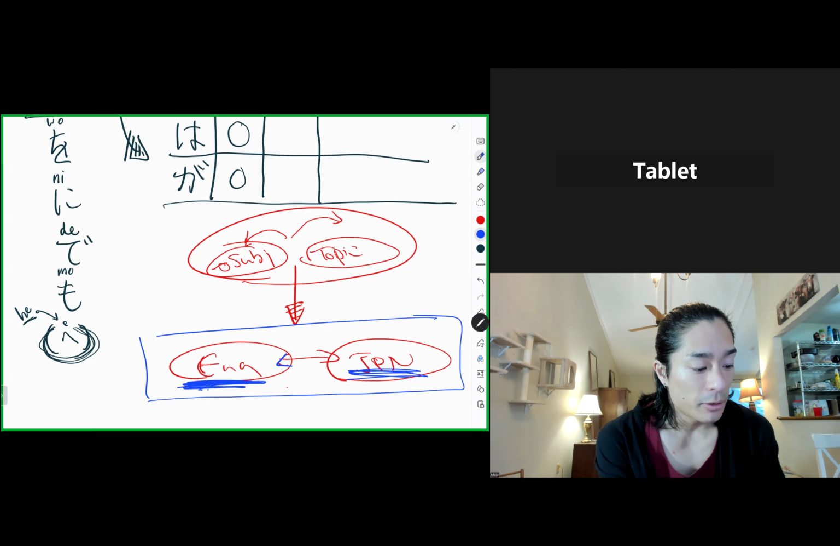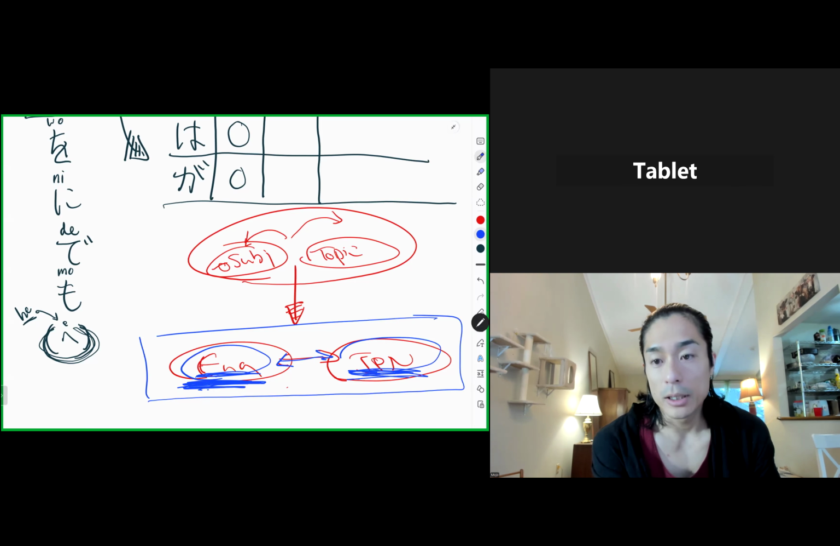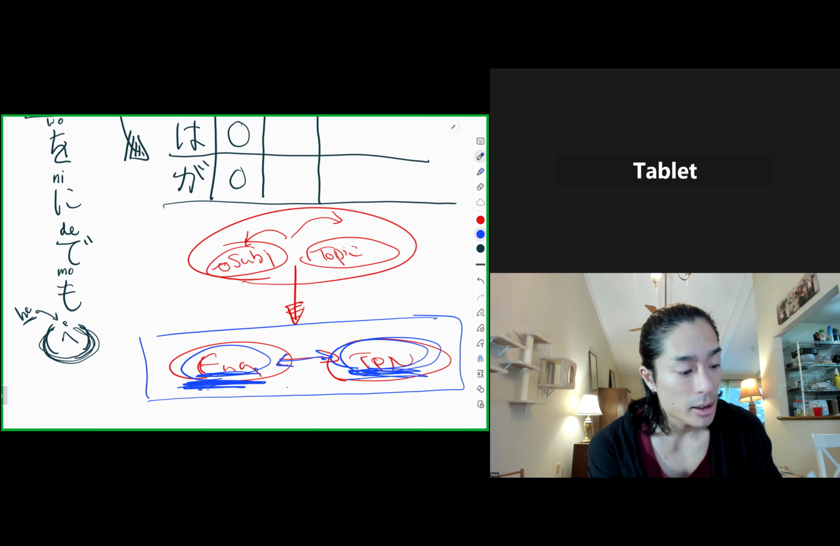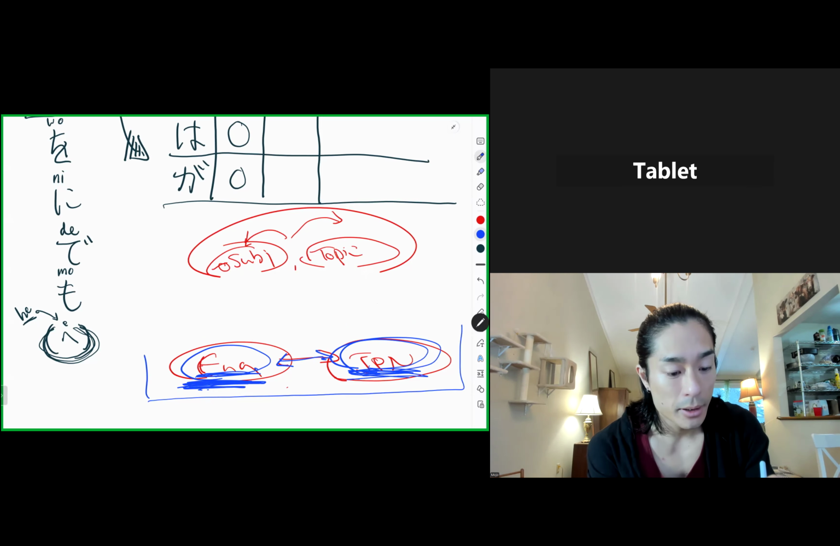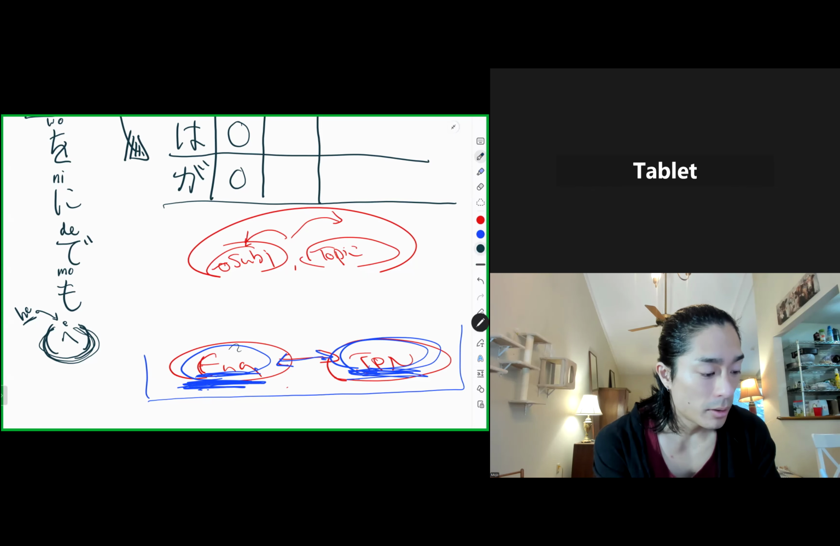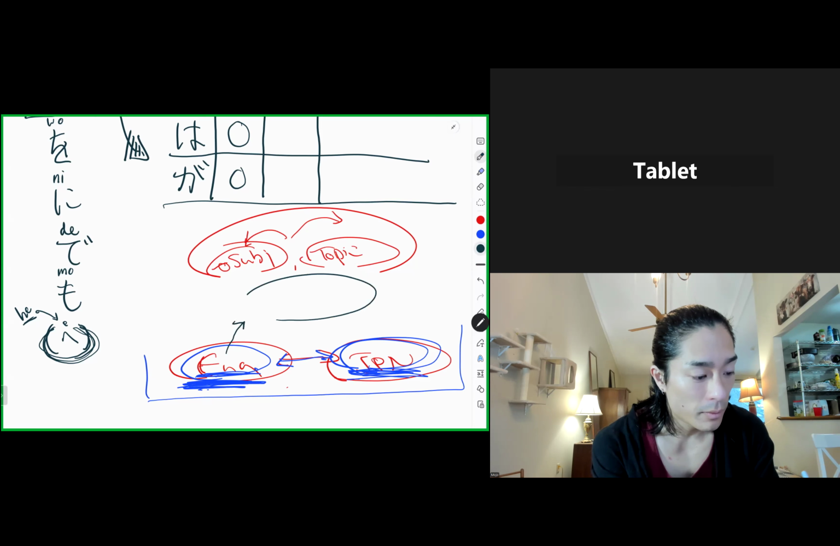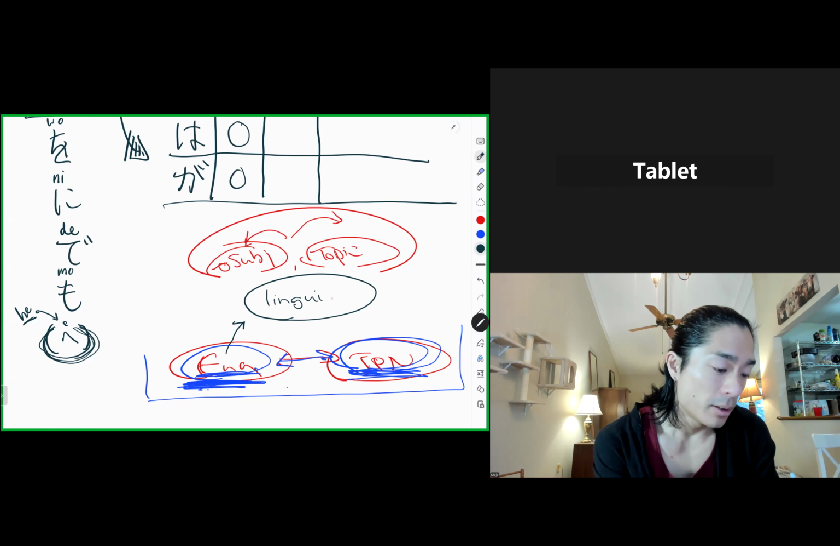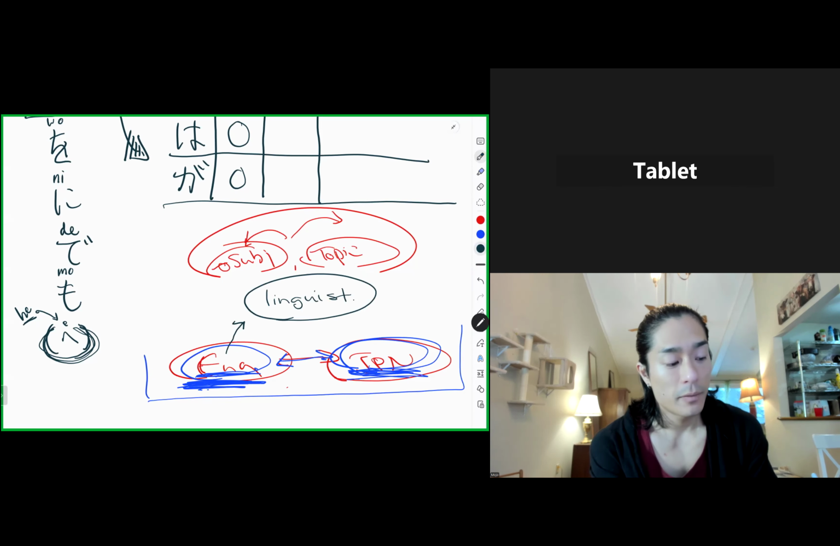So you can't just directly translate, because the culture of English-speaking countries and the culture of Japanese-speaking countries is totally different. So many times it could come off in the wrong way. That's why my recommendation for you guys, English speakers, is to change to your linguist brain. First, be able to analyze your own language